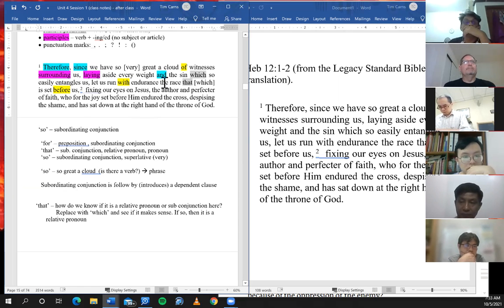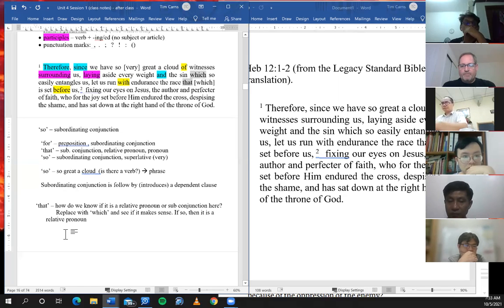So they can act as an adjective, or they can act like an adverb. So the witnesses here aren't doing the action. And by the way, this is why I wanted to do this exercise, to remind us of some things we looked at. If we look at the word surrounding,